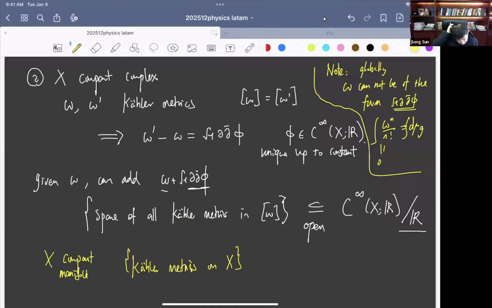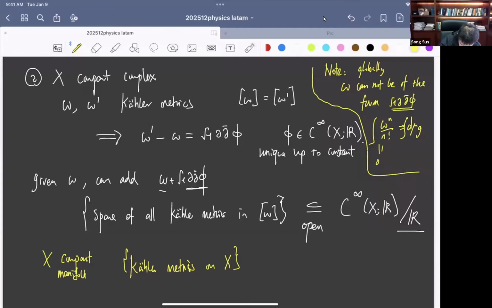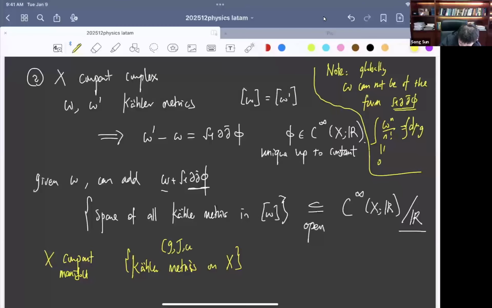That means it will involve g, J and omega. But then you can somehow describe them in three steps. Okay. So first you have to prescribe a complex structure